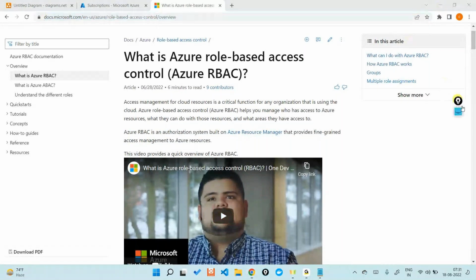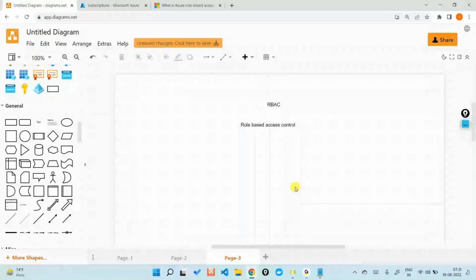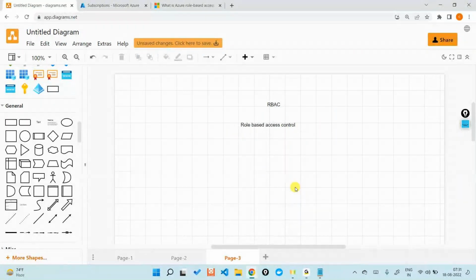All right. So role-based access control is what I'm trying to go into out here. And role-based access control in Azure tells that there are three broad roles. I'm giving a very broad classification,